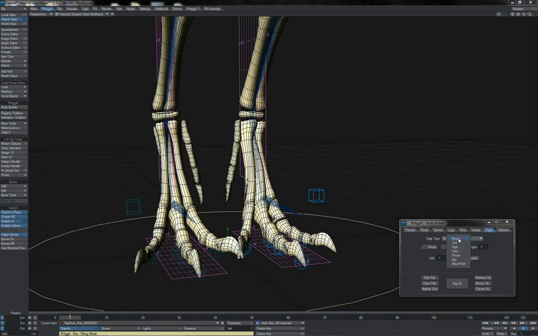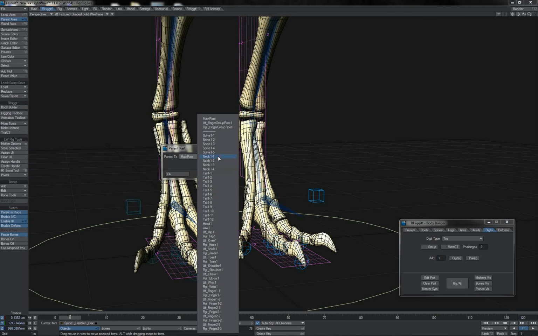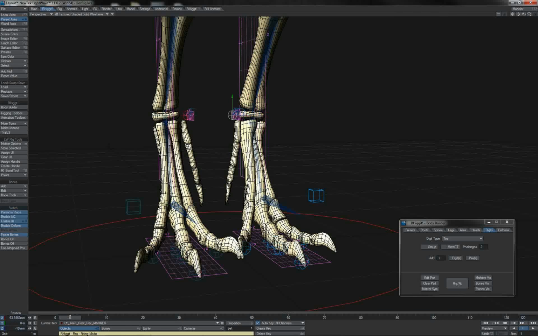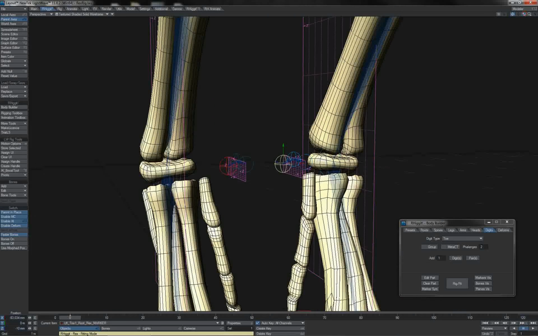I'm going to choose to add a toe. This bone up here should be fixed. So again, it's only 2 phalanges. And I'm going to add a pair like that. And this first toe is an immediate child of the ankle, so I'll find my either left or right ankle there, hit OK, and there we go, a pair of toe 1s which are added to the left and right